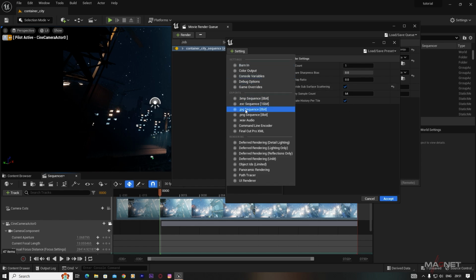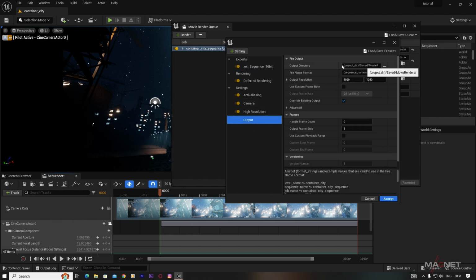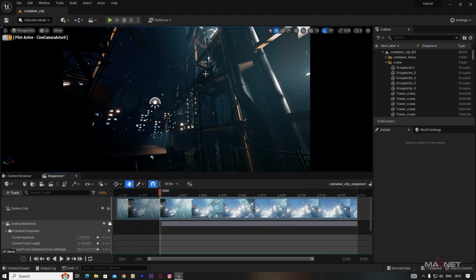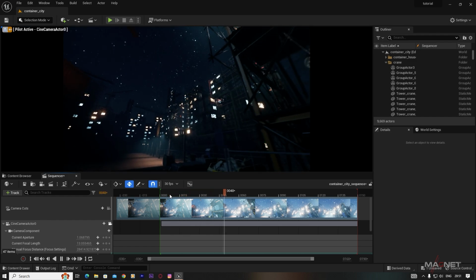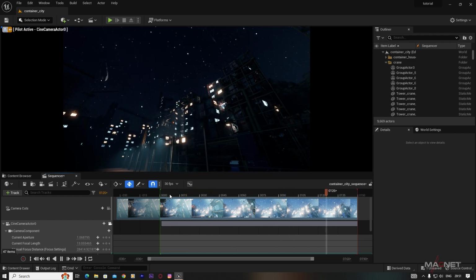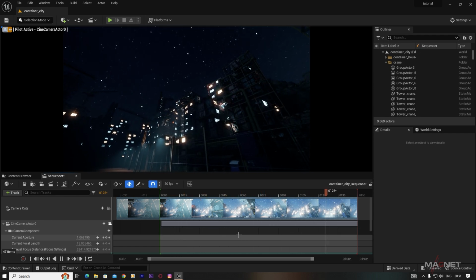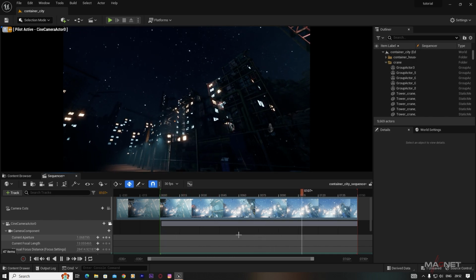And then I'm going to use the EXR sequence, and then go to Output, and here you can find your directory where you want to render those files, and then just click Accept, and then click Render Local, and your EXR sequence will be ready. You can also use compositing software like After Effects, DaVinci Resolve or Premiere Pro to turn those EXR sequences into a video file. It will be very easy, and if you don't know how to do that, you can check my previous tutorial on that, and make sure that you populate your scene with those assets